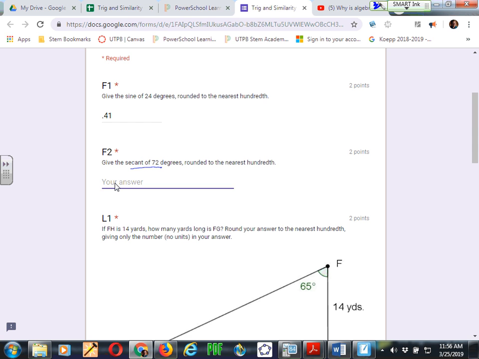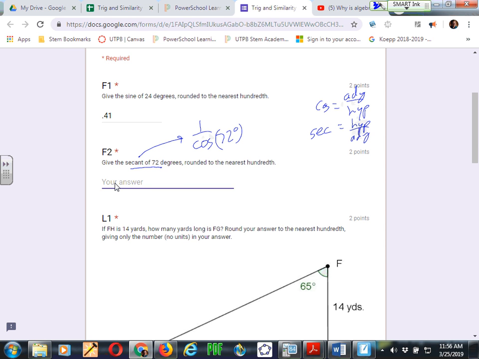What about the secant of 72 degrees? How do I find the secant of something? The calculator doesn't have a secant button. So what do I do, Lucas? 1 divided by the cosine. Right. So secant is 1 over cosine 72 degrees because cosine was equal to adjacent over hypotenuse, and secant is its reciprocal,